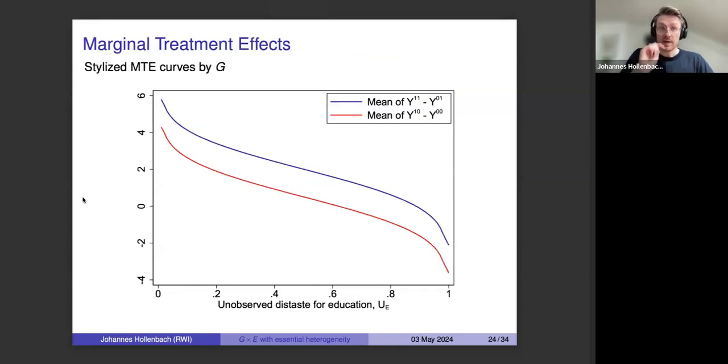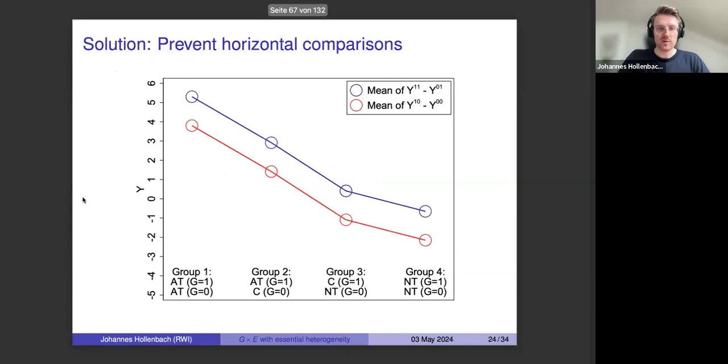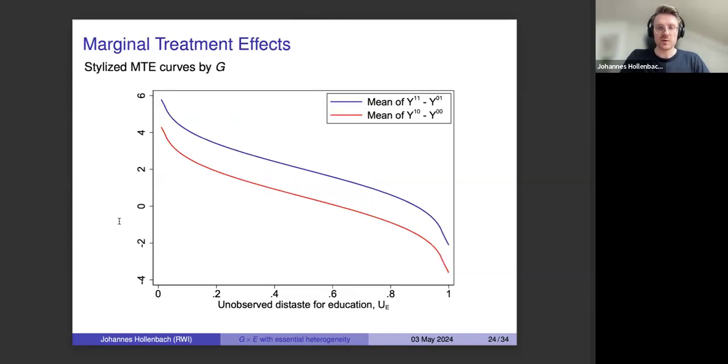And how we can do that is by estimating marginal treatment effects. Marginal treatment effects are treatment effects that are evaluated at each point of distaste for taking the treatment. And that has been our x-axis all along. Only that we have had groups here with different distaste for taking the treatment. And now we can extend this to a continuum where at the very left, you have very low resistance or very low distaste for taking on education. And on the right end, you have very high distaste for taking on the treatment, and the payoffs at the left are higher than on the right.